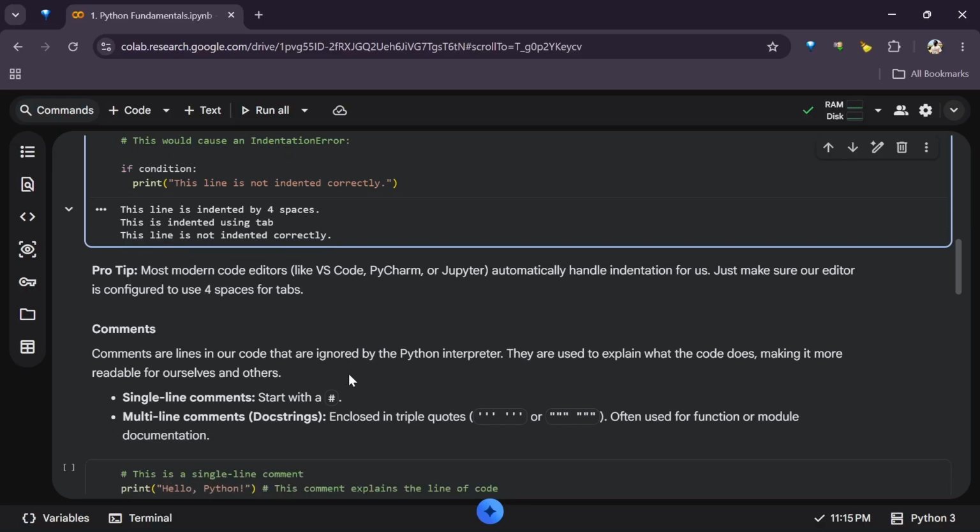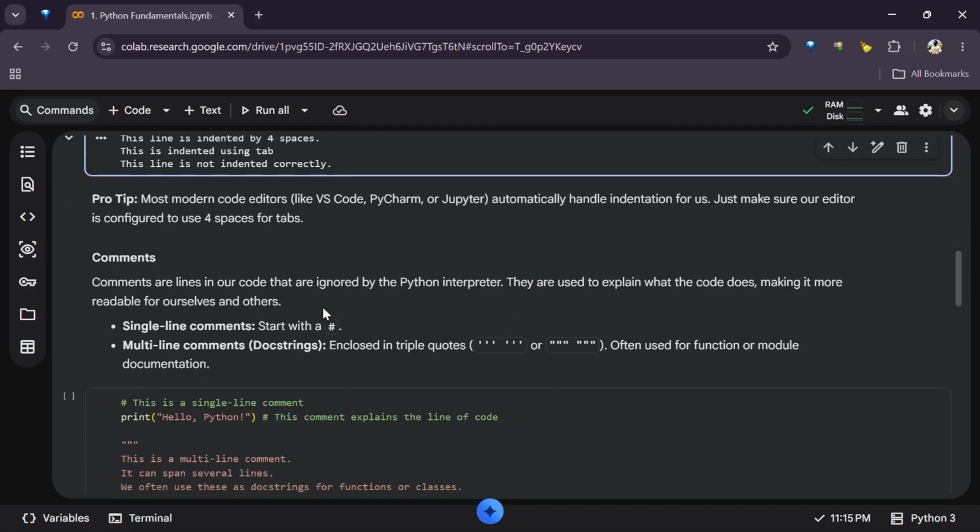So comments come in handy and they're very good. We have single line comments, which you start with a hashtag, and multi-line comments, which can also work as documentation strings, and they are enclosed in triple single or double quotes.